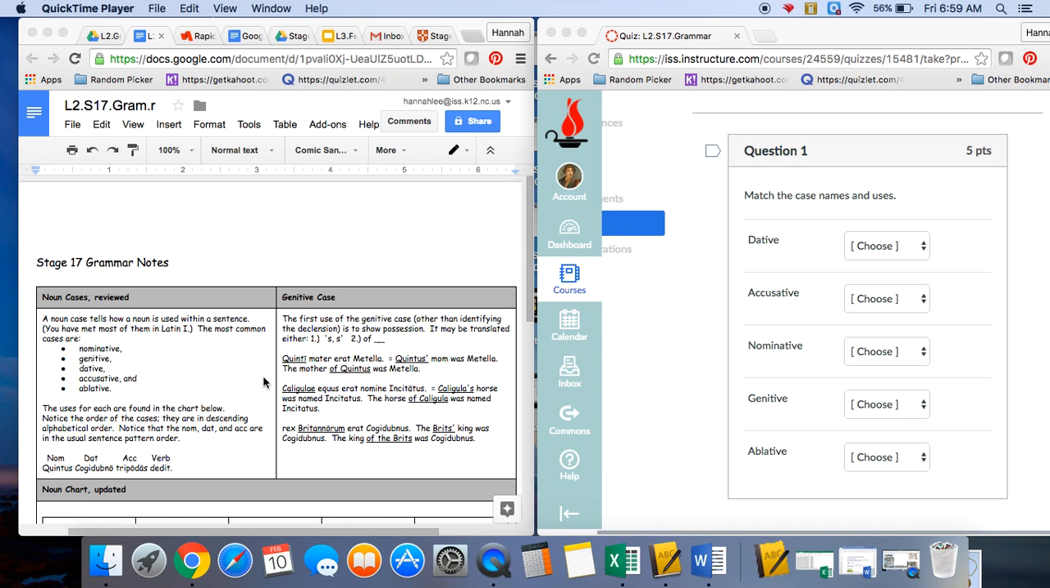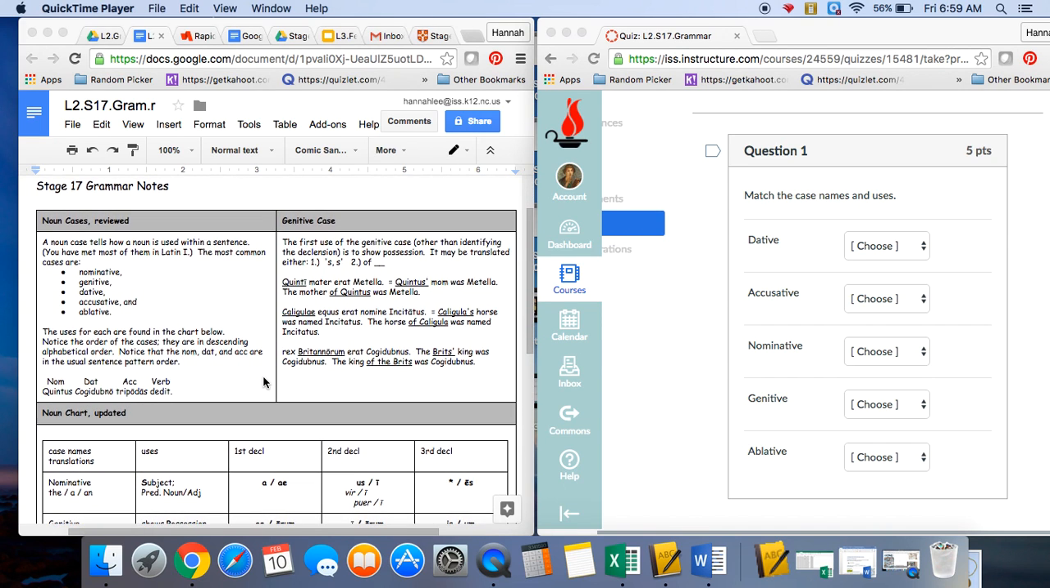Look at the Stage 17 grammar notes briefly before we start this assignment. You can see on the Stage 17 grammar notes in the upper left-hand corner, you have the cases listed here. You have the nominative, genitive, dative, accusative, and ablative. Remember that the sentence patterns are typically going to be nominative, dative, accusative, and verb. There could be some sentences towards the end of the assessment, and you might want to refer back to that